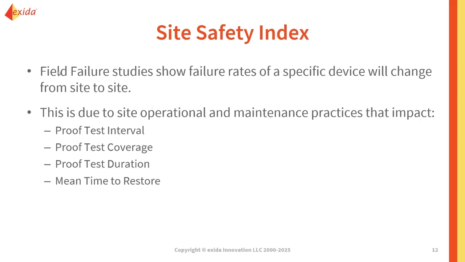Our proof test duration, which is an assumption we make in the tool, may vary on site, and our mean time to restore or repair. So obviously, mean time to restore is our mean repair time plus our mean detection time. For proof testing, at a specific interval, we're able to reveal failures that impacts our mean detection time. But also, how quickly are we able to repair the device and bring it back online if our proof test